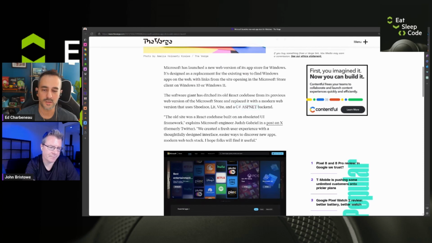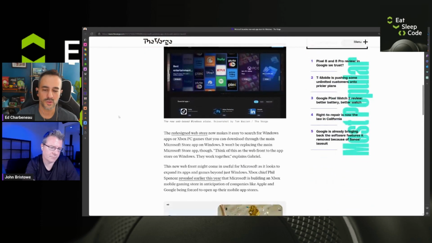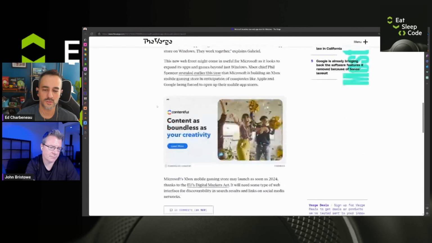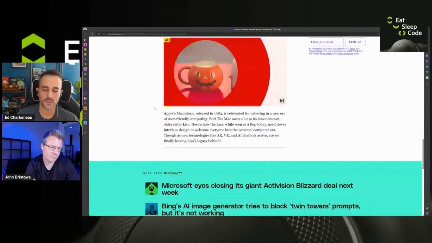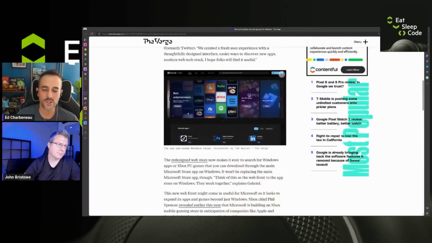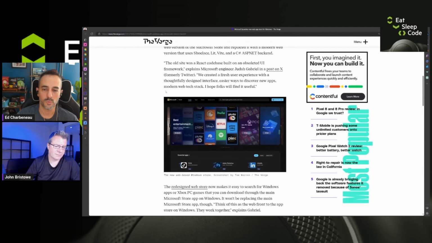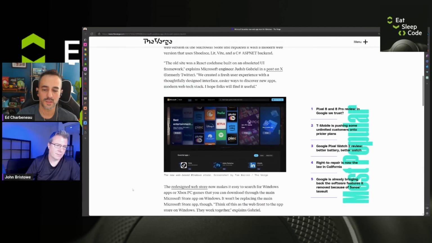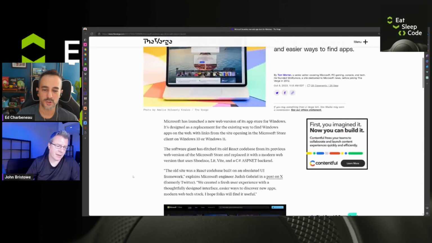Apparently the original store was written in React, and they chose to go with Vite for some reason. I'm not familiar with Vite, so I don't know the decision making behind that. But they re-engineered the entire thing in, quote, a more modern web stack. It's a short and sweet post from Evan You, who's the co-creator